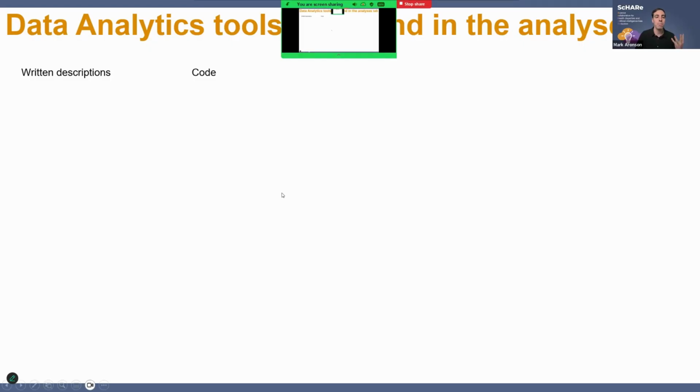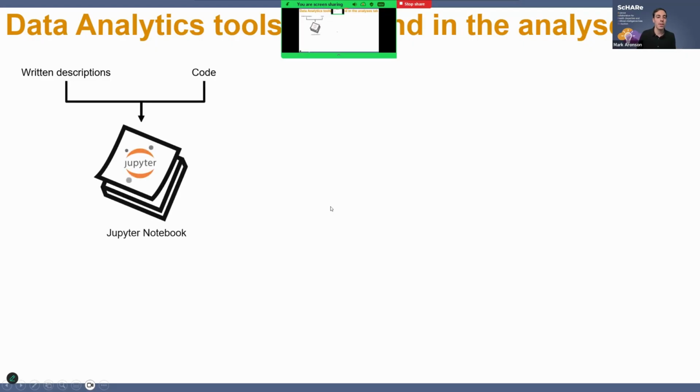And a file format that brings those two things together really nicely is something called a Jupyter notebook. So you can think about these notebooks as bringing together written descriptions and the actual computer code that performs your analytics. And the really cool thing about these Jupyter notebooks is that you can use them for different programming languages. So right now on Terra, you can use this Jupyter notebook format, and you can do it in both Python